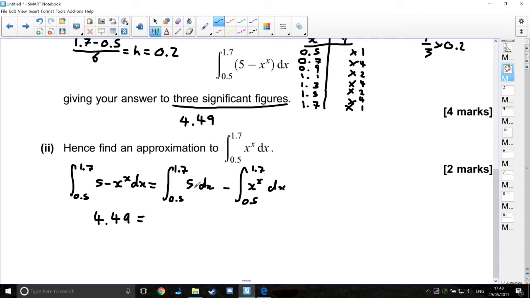That's going to be 5x when we integrate it, and we sub in 0.5 and 1.7, and we've still got negative the integral that we're trying to find. Just omitting these here, too annoying to write. Okay, so if I sub in 1.7 and 0.5 into this, I end up with 4.49